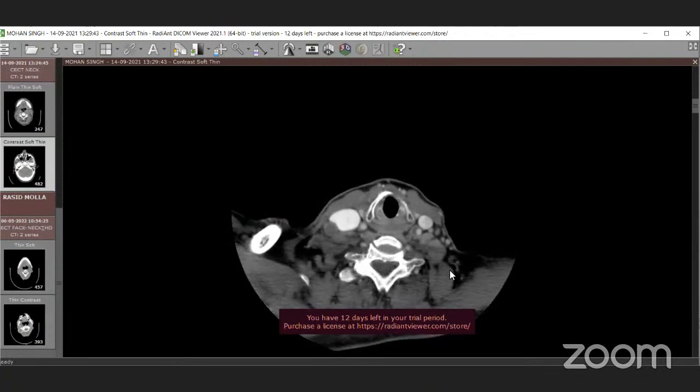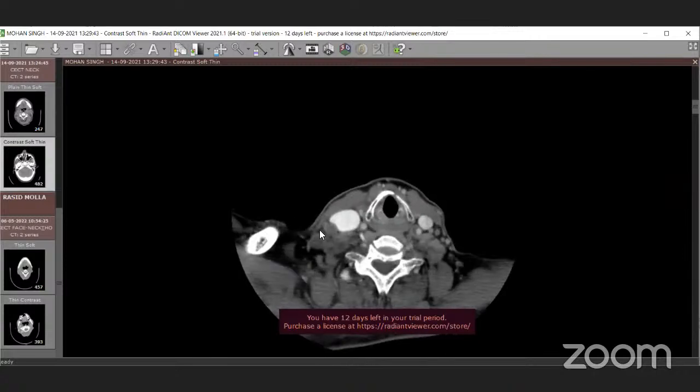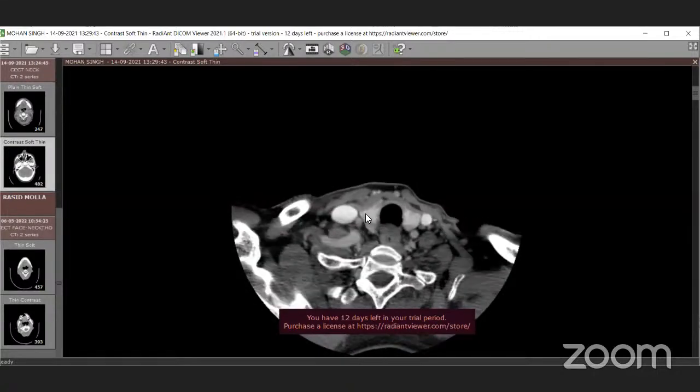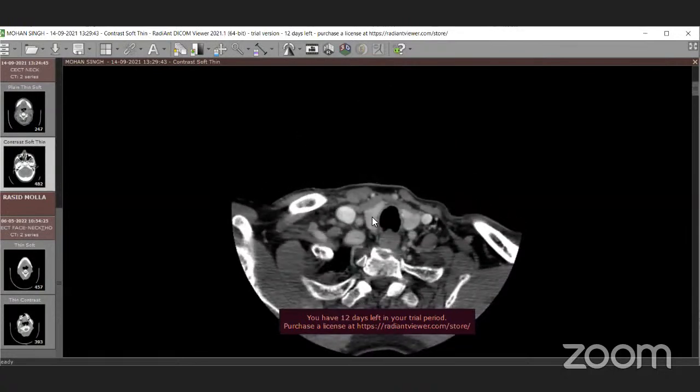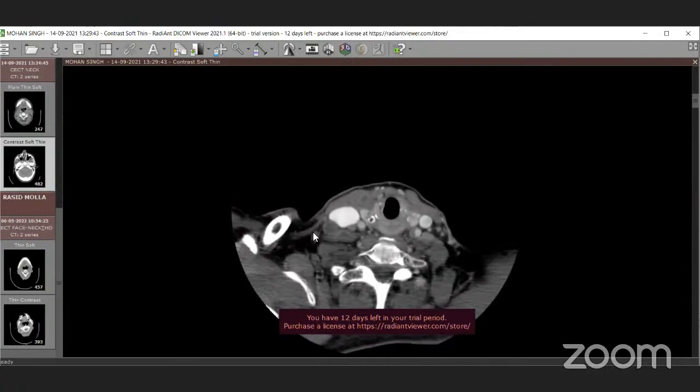Our concern is the transverse cervical vessels. Could you please show? I can hear a few words from you, sir. It's not very audible. I think his connection is lost here. This is the level of the transverse cervical vessels that you're asking for. This is the subclavian artery, and these are the transverse cervical vessels. Okay, fine. We'll show everyone in the next class when the transverse cervical vessels appear.